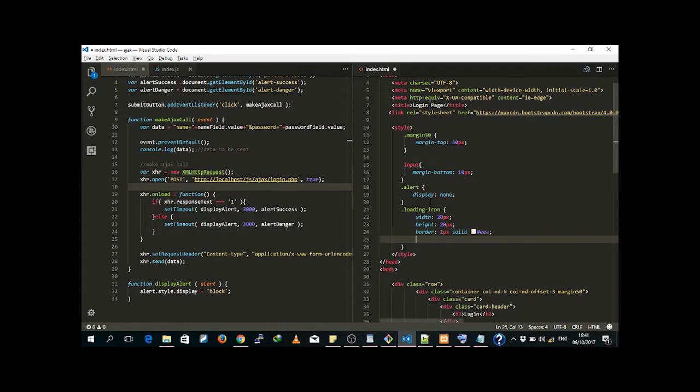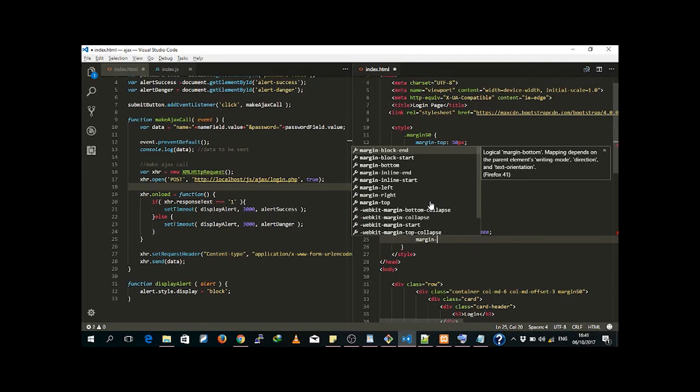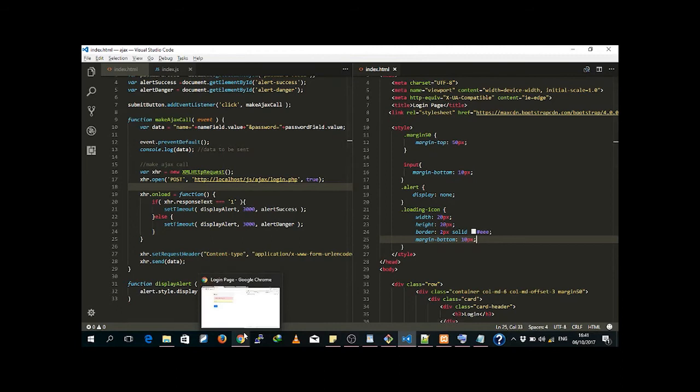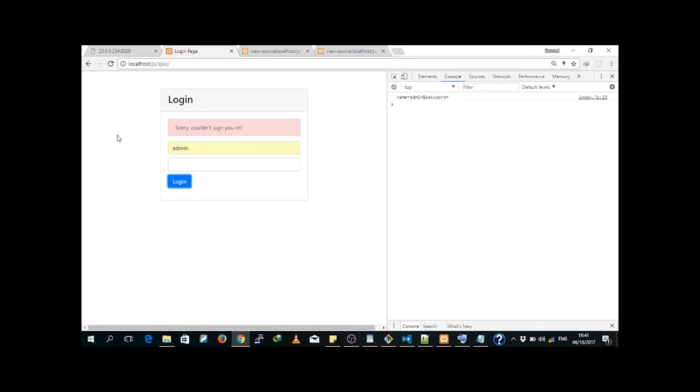Yes, and we are going to give it a margin bottom of 10 pixel so that it doesn't touch the input below it. So I'm just going to reload this page, and as you can see here, we have our incomplete loading icon,